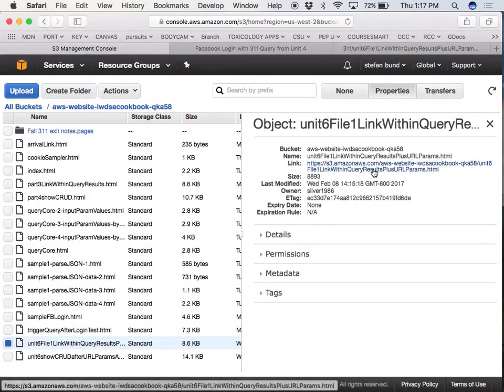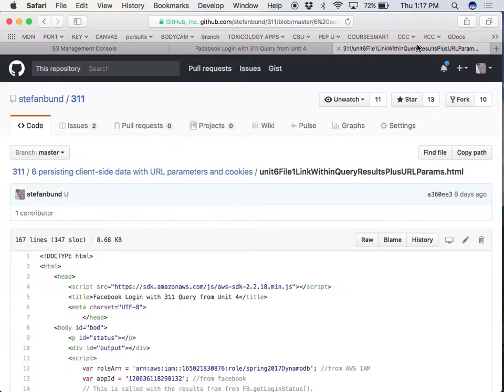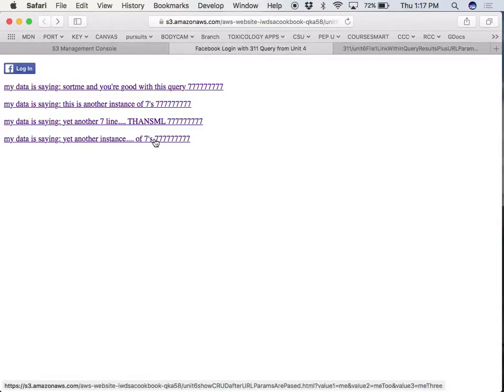this is the URL to that web page. It's the name of my bucket, and then it's the name of that file. It's basically the bucket name plus this. But if you go down there, you can see that there's been some extra data added to the URL. And here in my live class, I'm just kind of pointing at it, and I can't move my cursor very well. But go ahead and look down at the bottom of my screen right now. You can see in the status bar that you've got the bucket name, amazonaws.com, the website, the long cookbook with some coding there, Unit 6 show the CRUD after URL parameters,